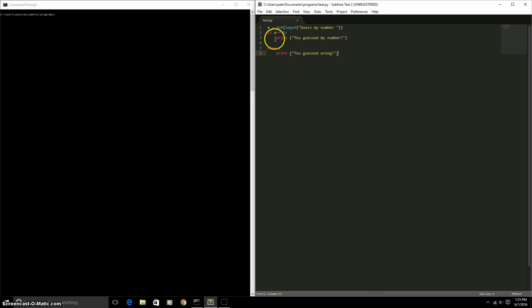Now if anything else, if we don't guess 5, if we guess anything not equal to 5, else, colon, print, you guessed wrong. So we're going to try this out with our command prompt